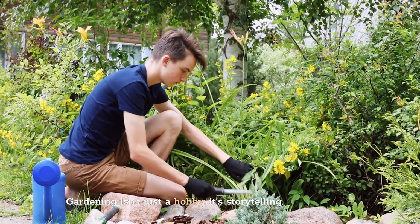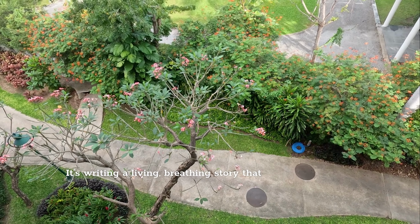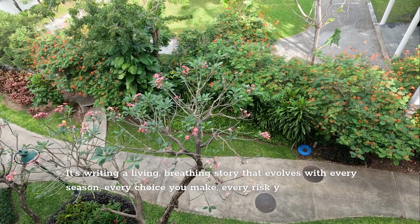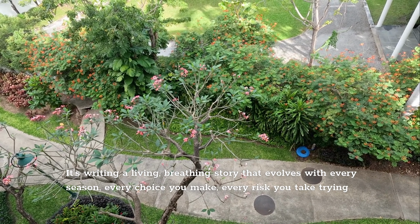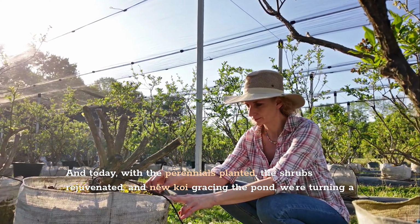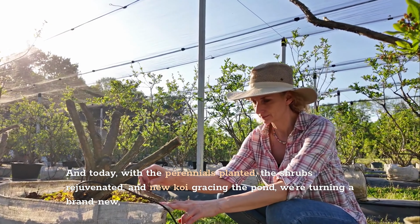Gardening isn't just a hobby, it's storytelling. It's writing a living, breathing story that evolves with every season, every choice you make, every risk you take trying a new plant or a different design. And today, with the perennials planted, the shrubs rejuvenated, and new koi gracing the pond, we're turning a brand new,